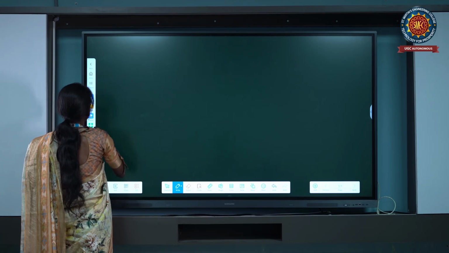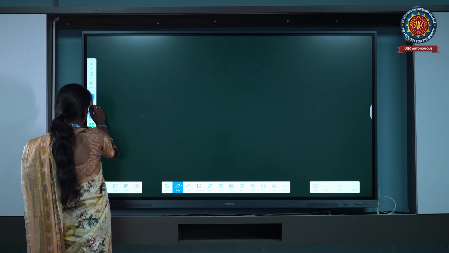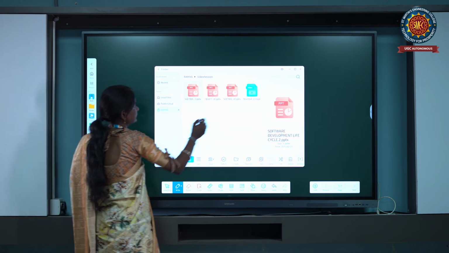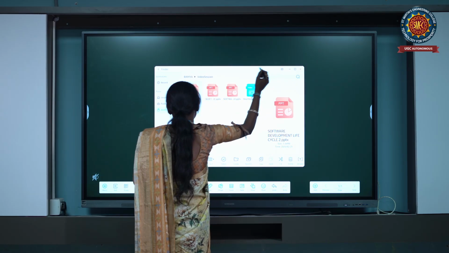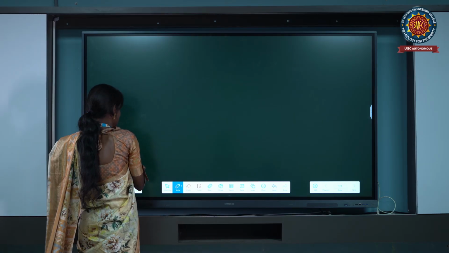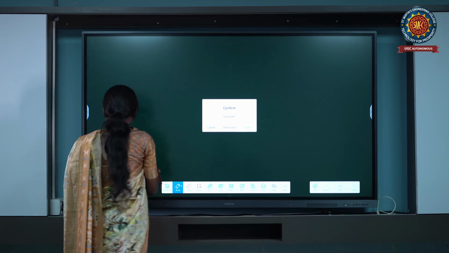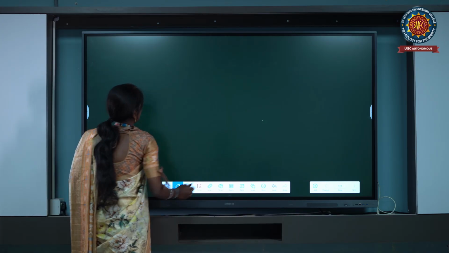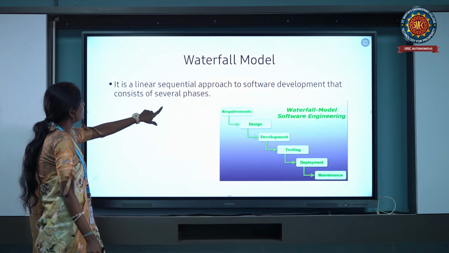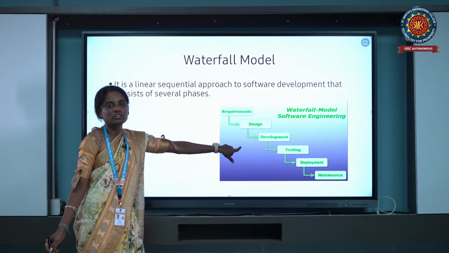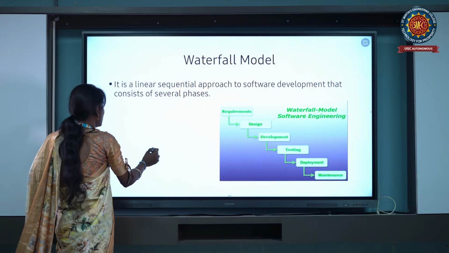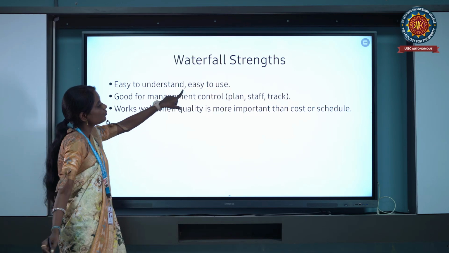Next, when we go to the PPT, see, the next slide, the waterfall model, as I showed in the notepad, this is the flow. And next one is waterfall model strength.